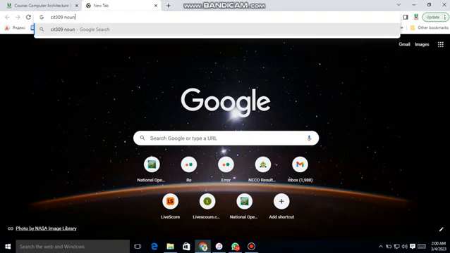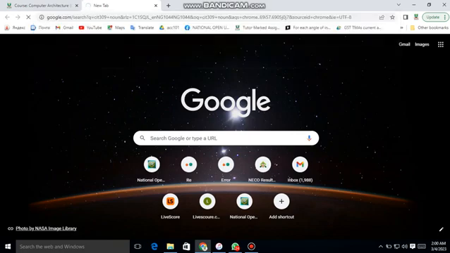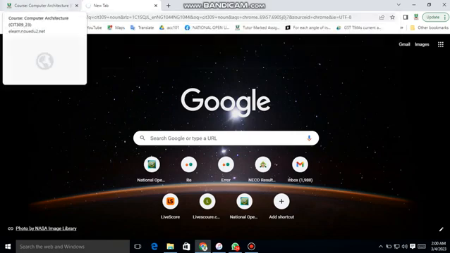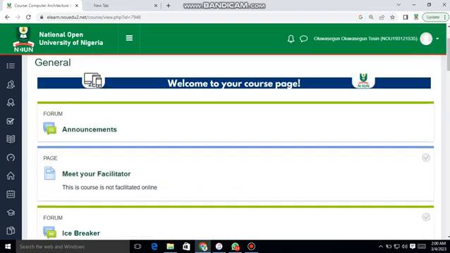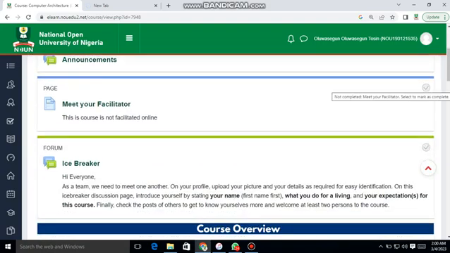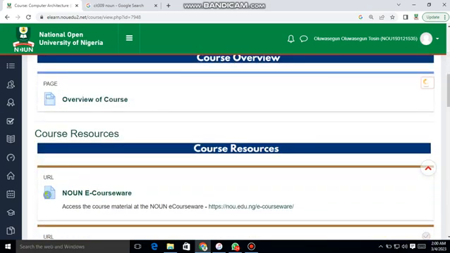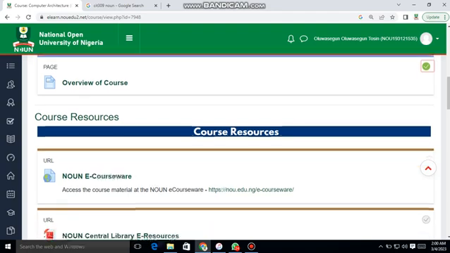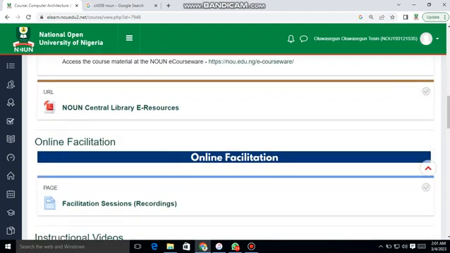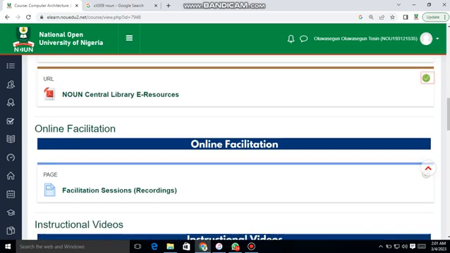Now, while it's loading, you come back here. For those of you that have very good internet, I think this will be best for you. Make sure you always have a stable internet connection. So you can see you have to click on these dots. I've taught you guys about this before. If you don't click there,